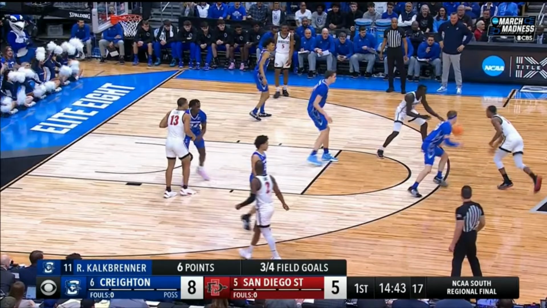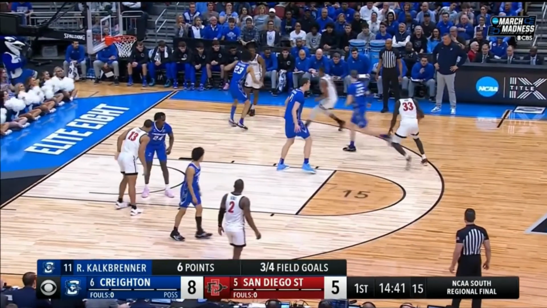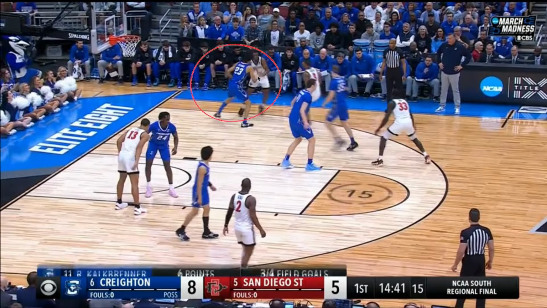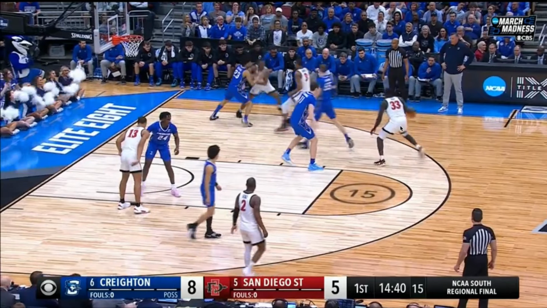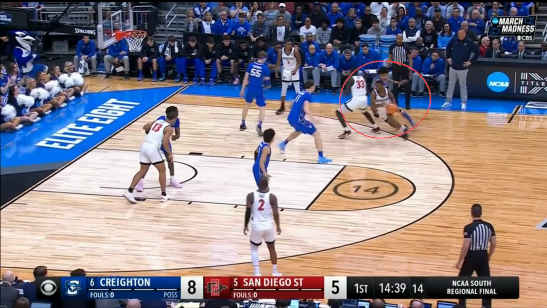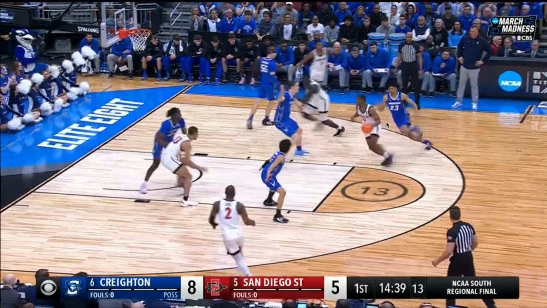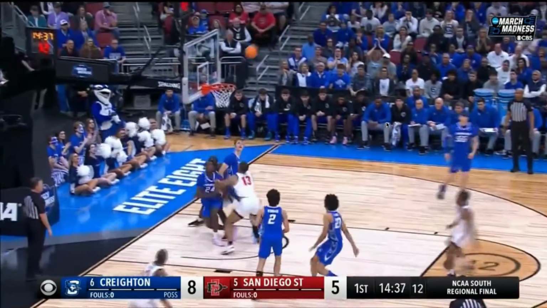In today's session, we'll be exploring a widely used offensive move known as the zoom action. Simply put, when a player passes the ball to the top, they proceed to set a pin down for the teammate in the corner, seamlessly transitioning into a dribble handoff. In this instance, observe San Diego State swiftly executing the play. It compels the defender of the ball handler to lag behind, creating an opportunity for an elegant open dribble pull-up